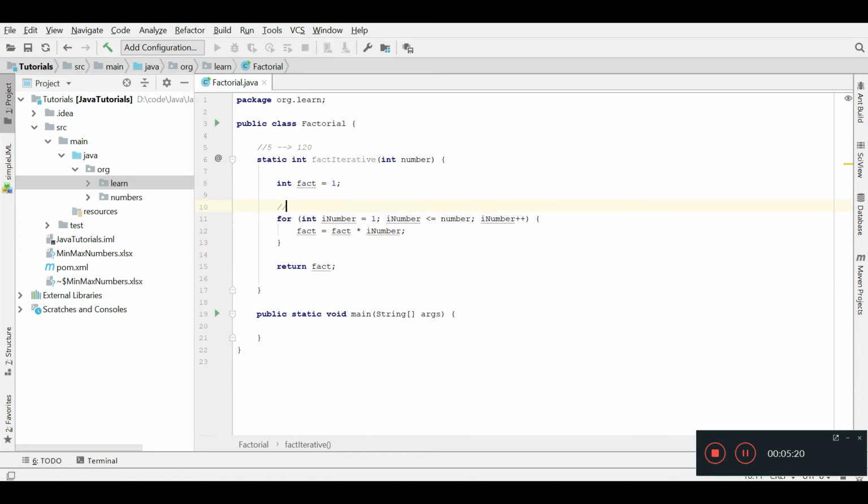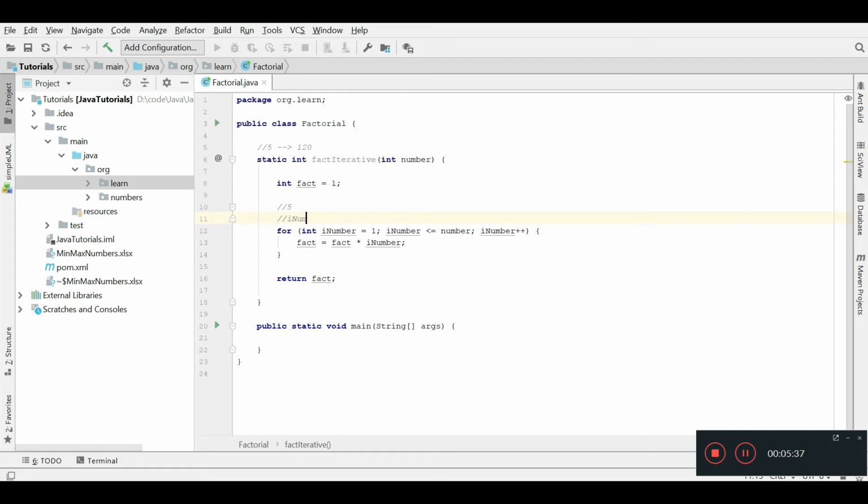Let's do the dry run for it. Suppose the value of number is 5. The first time iNumber would be 1, and the condition that it is less than or equal to 5 is true. For the first case iNumber is 1 and fact is 1. We define fact as 1 because we assume the base condition. So 1 into 1 is 1, there is no new value, it is again 1.